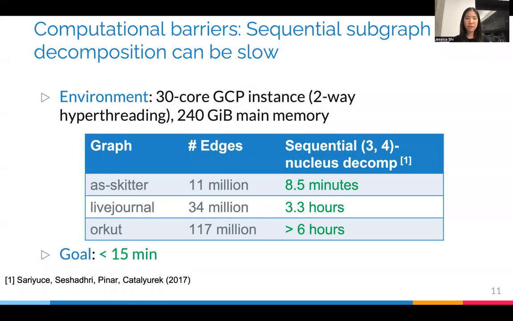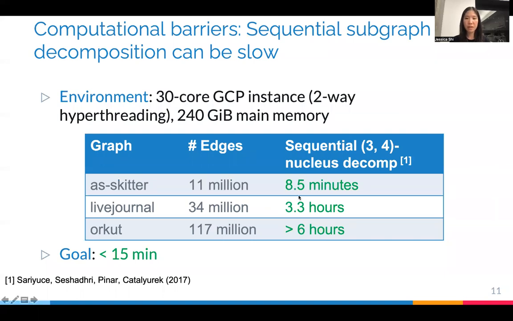And to motivate this even further, I'll show some examples on a 30-core GCP instance with 2-way hyperthreading and 240 gigs of main memory. So this is some commodity hardware. And also on these real-world graphs: Skitter with 11 million edges, LiveJournal with 34 million edges, and ORCID with 117 million edges. And notably, the prior best sequential work on (3,4) nucleus decomposition by Sariyüce, Seshadhri, Pinar, and Çatalyürek,